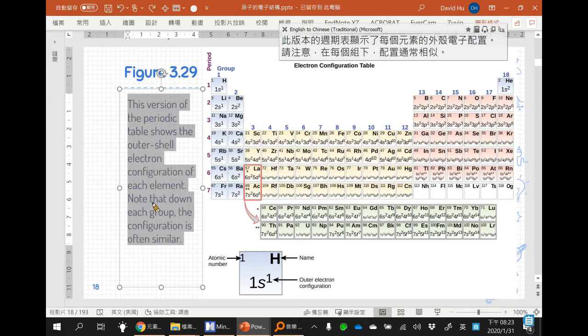Note that down each group, the configuration is often similar. 这版本的周期表显示每一个元素的最外壳层的电子组态。值得注意的是，在每一个族下面，通常电子组态是非常相似的。譬如说锂钠钾碱金属，它们最外层的电子都是1个，第二族2个，第3族3个，第14、4、5、6、7、8。